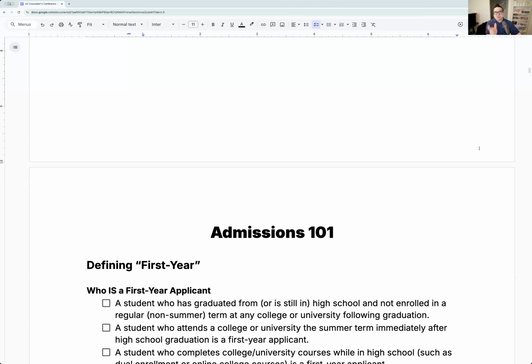You have to do the prerequisite classes to declare. Because what if you take them and you don't do well in your prereqs, or you find out, hey, this is not for me? Then you can move around to other spots. Because colleges are aware of this, you're admitted to the college of the majors, and all the majors are in different colleges. A lot of the engineering, mechanical engineering, aerospace, electrical, that's under the College of Engineering. The big one that all the schools offer is called Letters and Science, where math, history, and languages are. So it's a very broad college as well. If you're one of those majors, you're classified into that college.